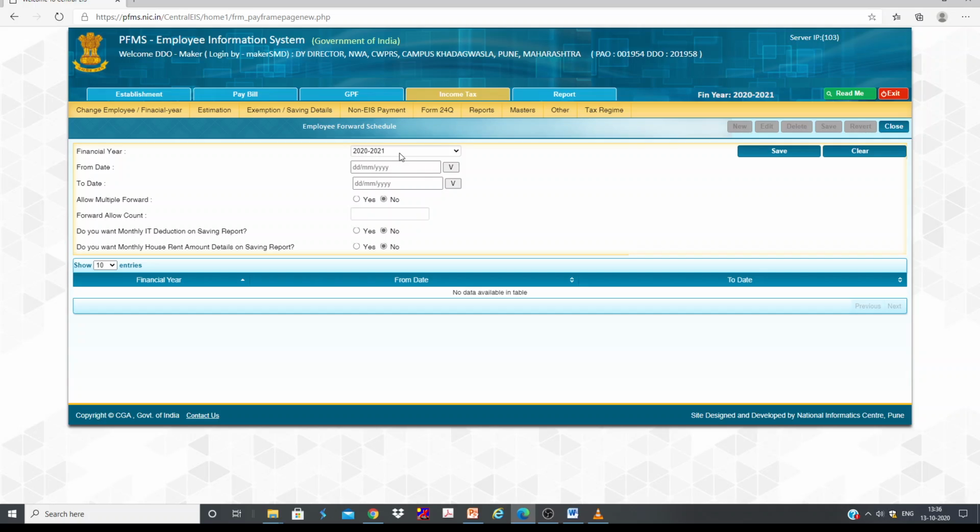and the financial year will be selected by default, 2021, and from which date they are allowed to submit, we need to write. Let's say I'm just putting today's date, and up to which date they are able to forward saving details to DDO through PFMS. Here I'm keeping December 31st, it's up to you. Allow multiple forward, it is up to you. If you want to allow, you can allow. If you are allowing, and allow count how many,